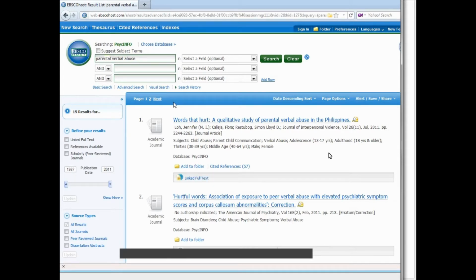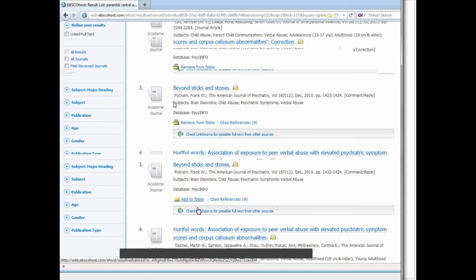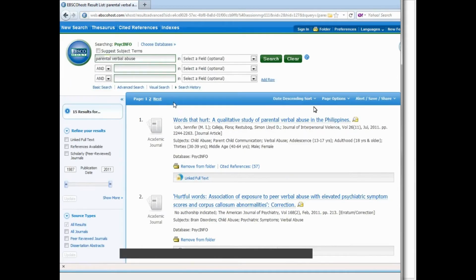As you're going through here, sometimes you'll read through 20 abstracts and 2 of them will be good. As you're reading through them on here, you can click on Add to Folder. Now at the very top of the screen, where my cursor is right now, it'll say Folder. When I go there in a minute, I can download those, which is really helpful. I'll add a couple more to the folder. All of these articles, oh, they were all fabulous. I loved them all. There we go. So now I have like 5 articles in my folder. Now when I go to my folder,